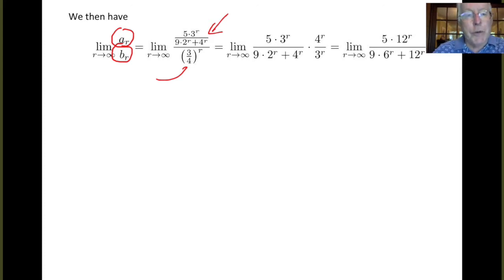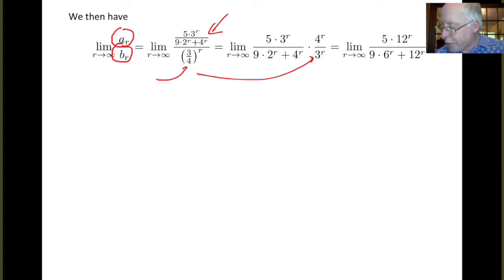And of course, this series, summation (3/4)^R, is a convergent geometric series. The ratio is 3/4, less than 1. Now, let's evaluate this limit. So we do a little algebra, invert and multiply to divide the fractions, and then do the